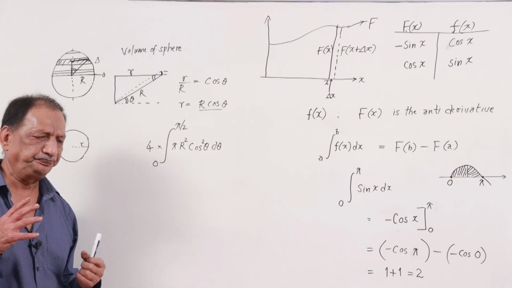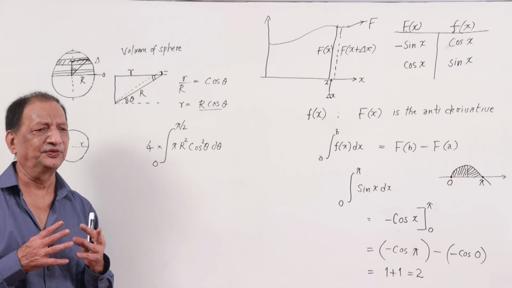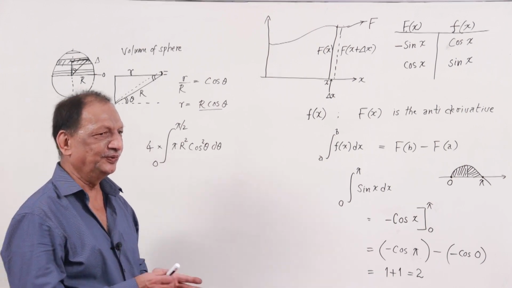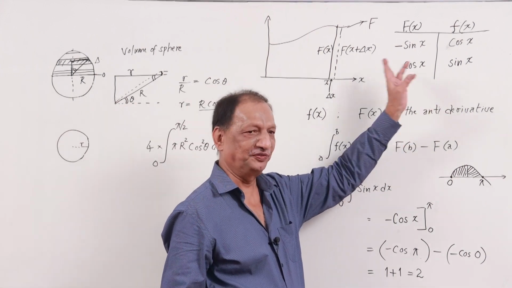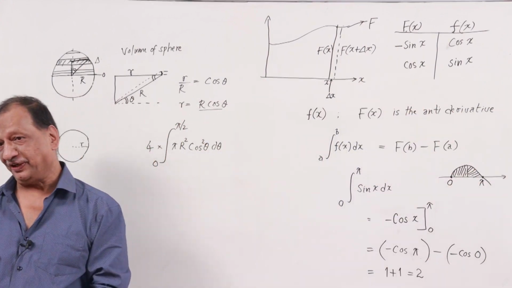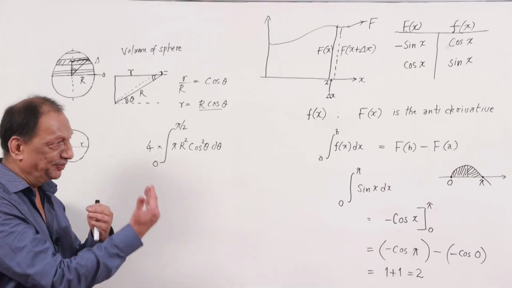So any such areas and volumes and so on, it is easy to calculate using integration. And integration you can only do as antiderivative. That means the derivative table must be there. So we start with the derivative table and then use the antiderivative, and the values of that between the limits will give you the